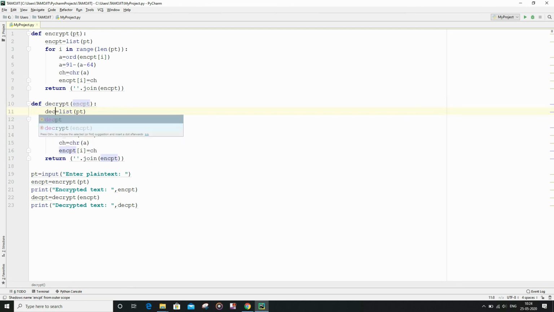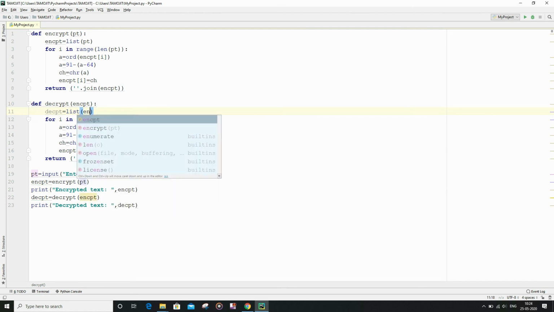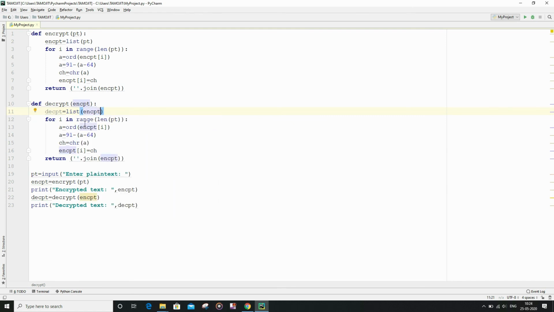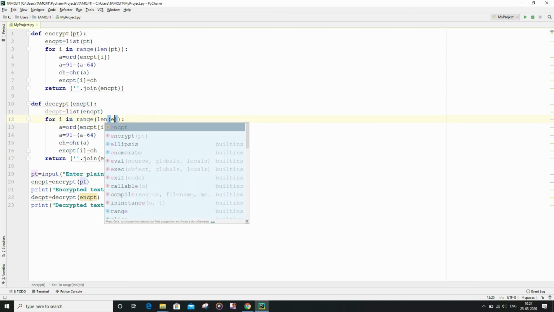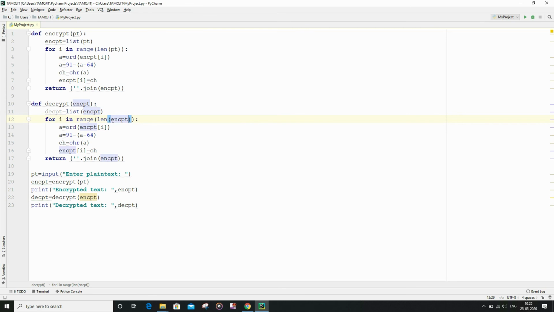Basically this will be a list for all the characters present individually in the encrypt string variable. So for i in range len of encrypt, and basically the same manipulation.